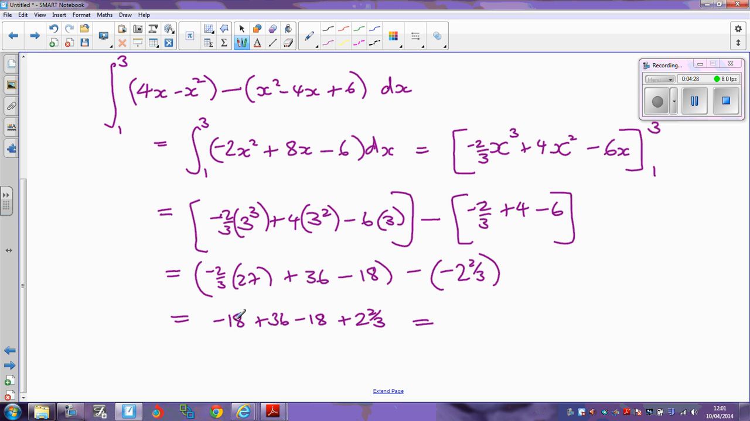Now I can see here minus 18 minus 18 is actually minus 36. Minus 36 plus 36 is just 0. So it's 0 plus 2 and 2/3, which is just 2 and 2/3. So the area between the two curves,